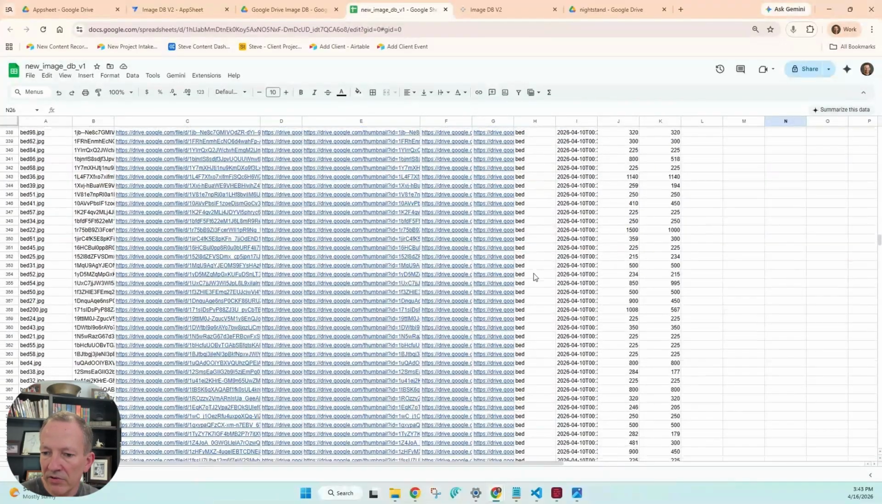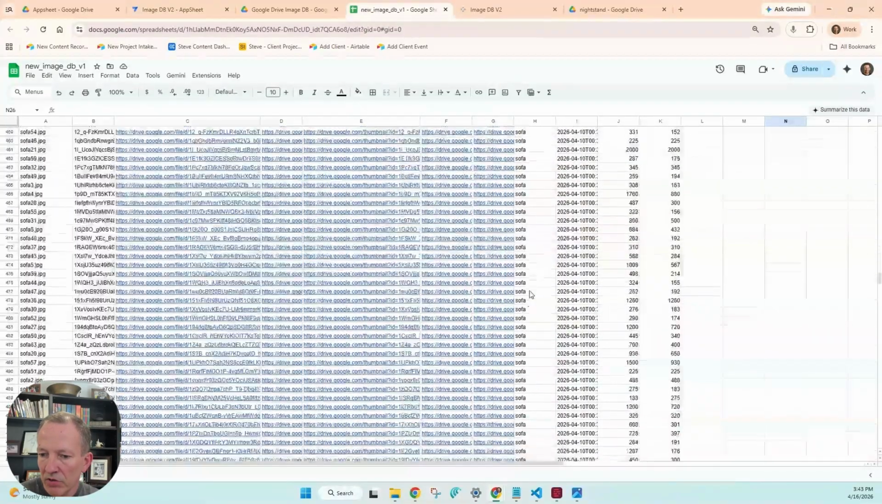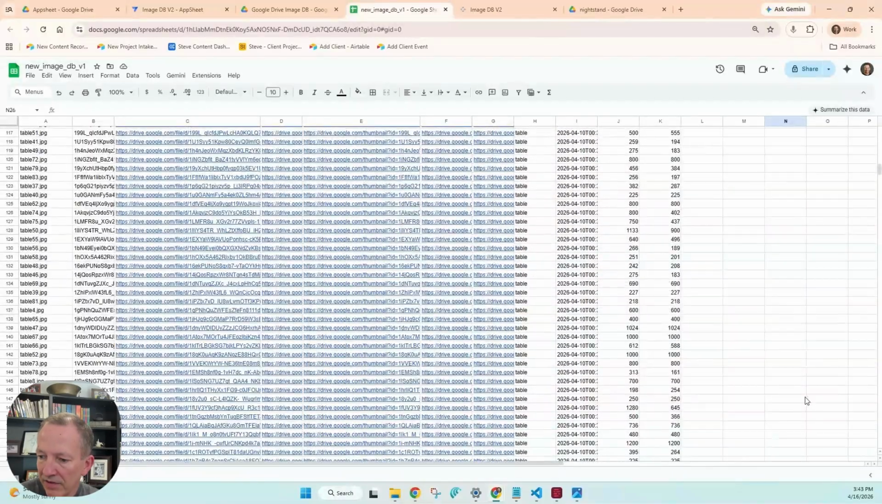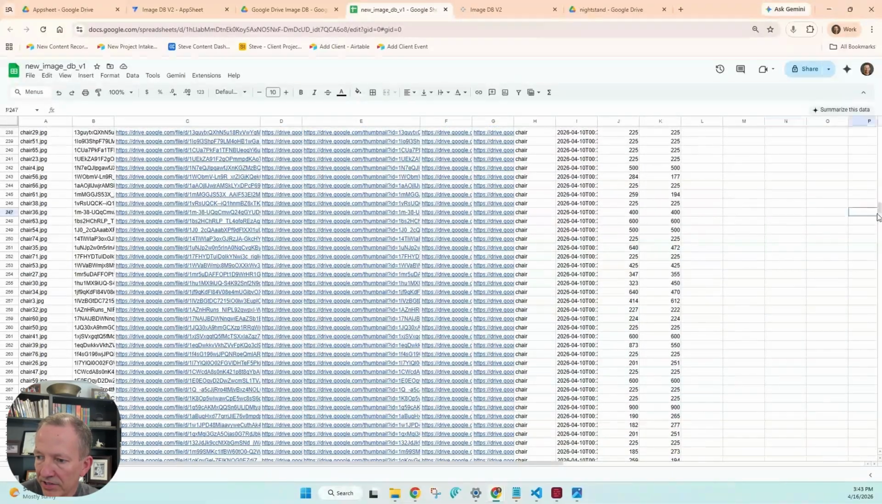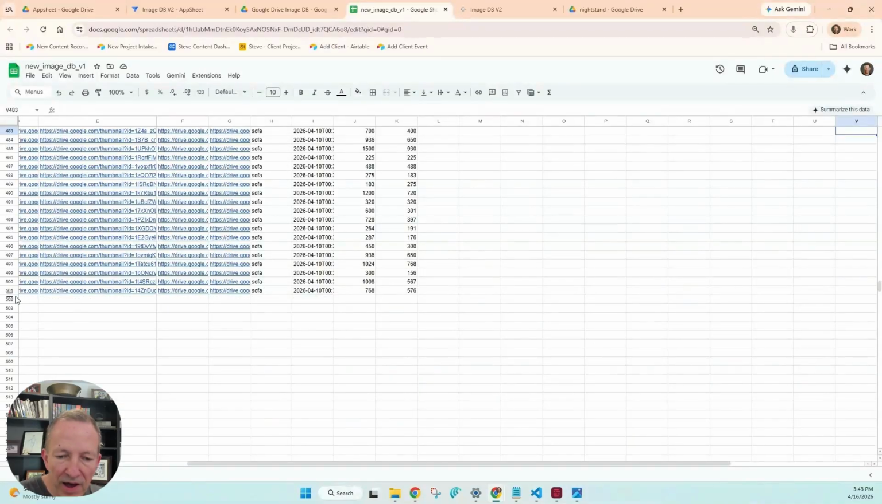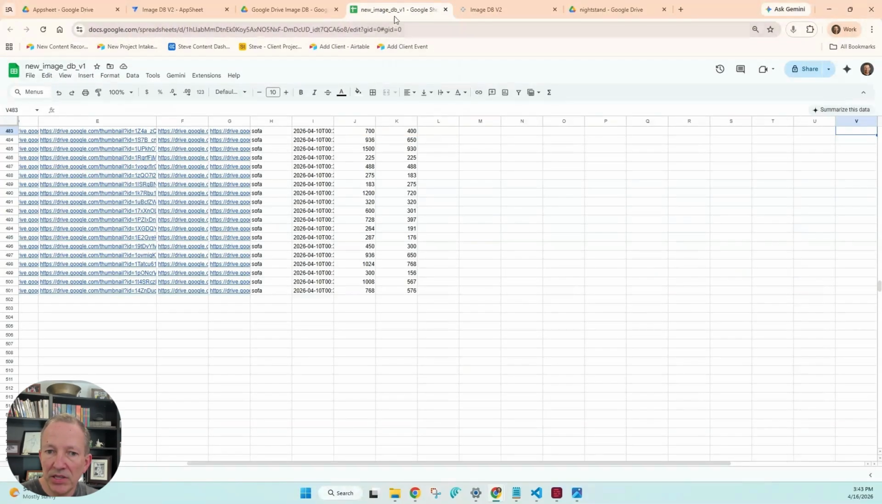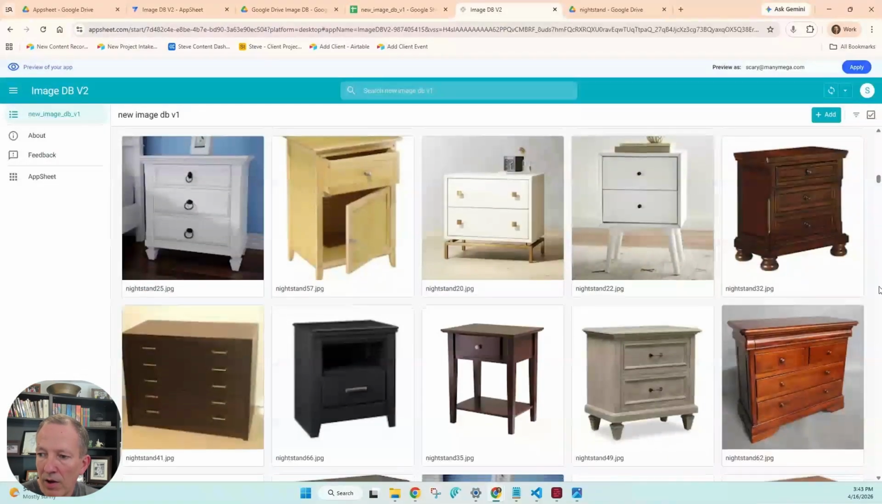So we've got sofa, we have bed, chairs. And I think if I go to the end of this, I've got about 500 images in here. And now if I go back to my image database and just refresh this, it's going to refresh all of the images from the same spreadsheet that I've been using right here. And now I have